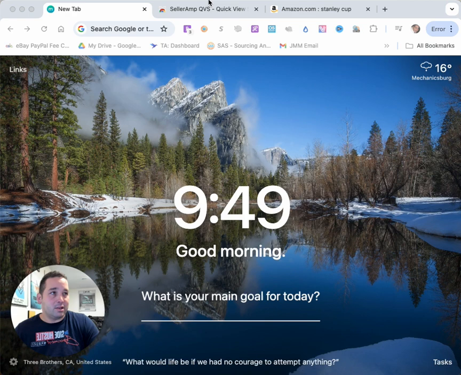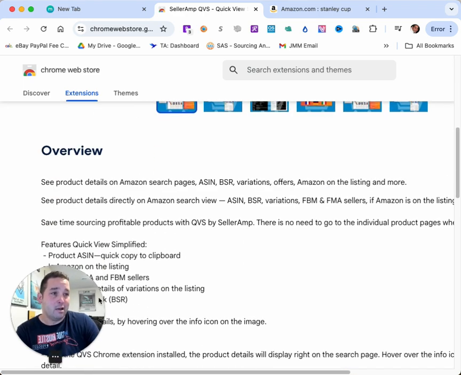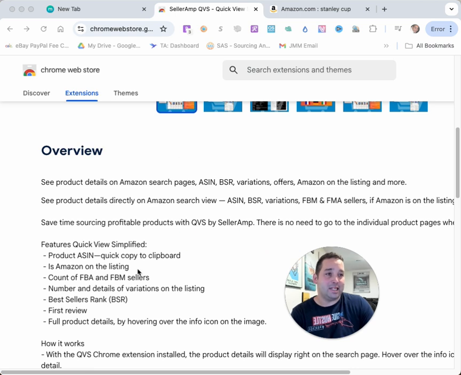So let's just get into it. The plugin is called SellerAmp QVS, Quick View Simplified. I'm going to show you exactly how this works in a second, but this is what we could do with this tool. It allows us to see the product ASIN and copy it to a clipboard right away. You could see if Amazon's on the listing. You could see the count of FBA and FBM, number and details of variations, the bestseller rank, first review, full